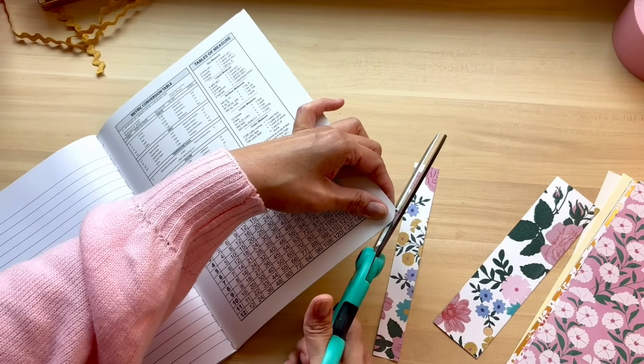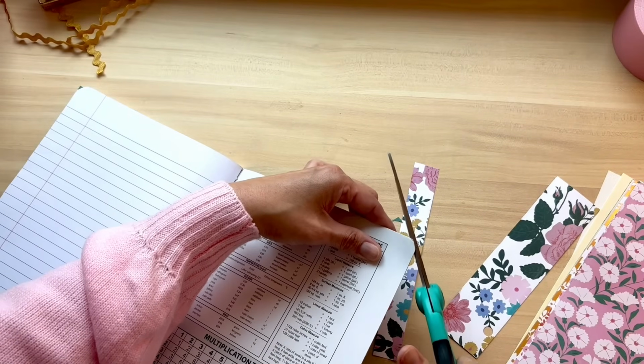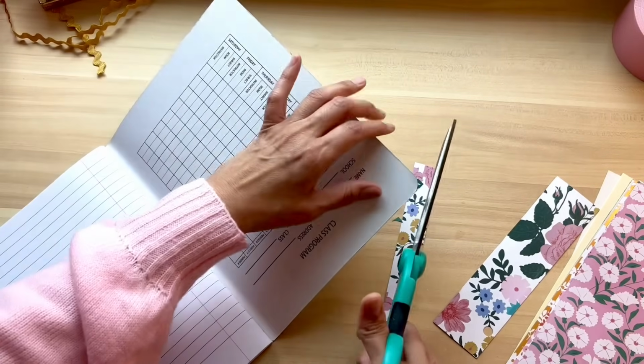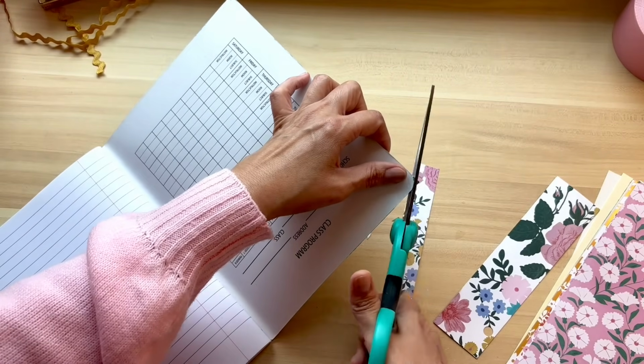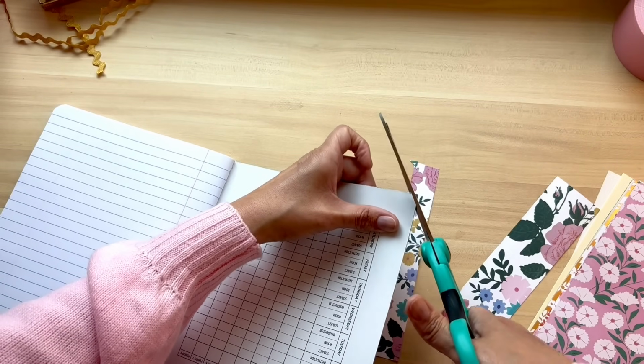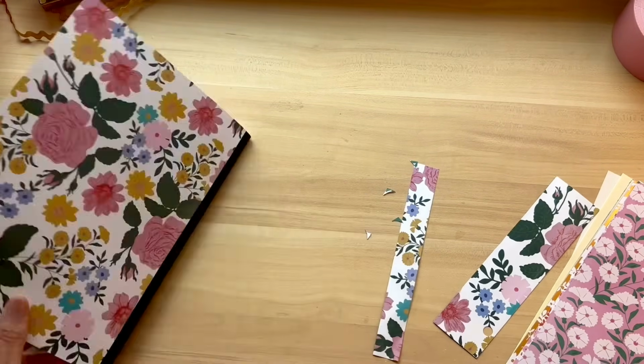So now that I have both of my covers completely cut, I am just going to round those corners. I'm going to continue to follow it. I'm just going to use my scissors. It's a really easy process. So once you have all of your corners rounded and everything is trimmed very nice, we're going to go ahead and move on to the next step, which will be